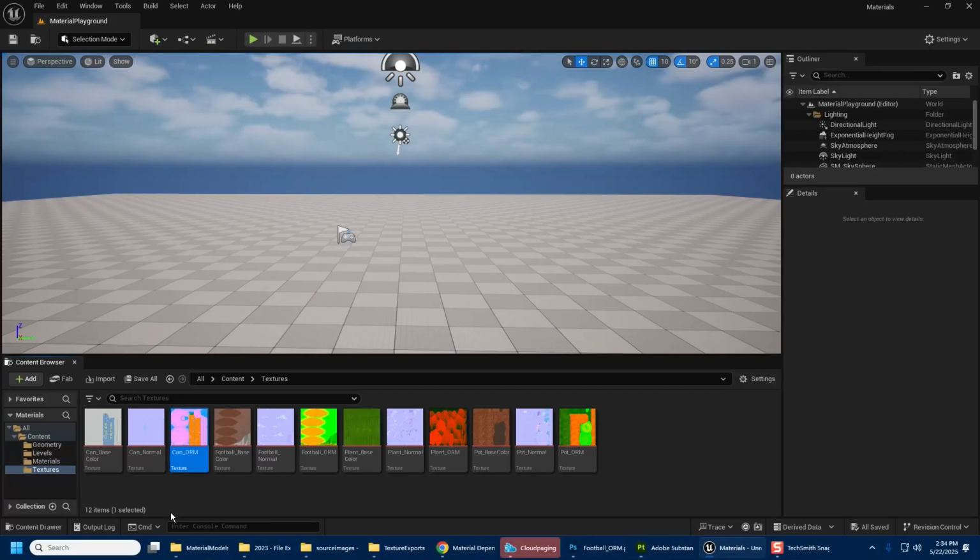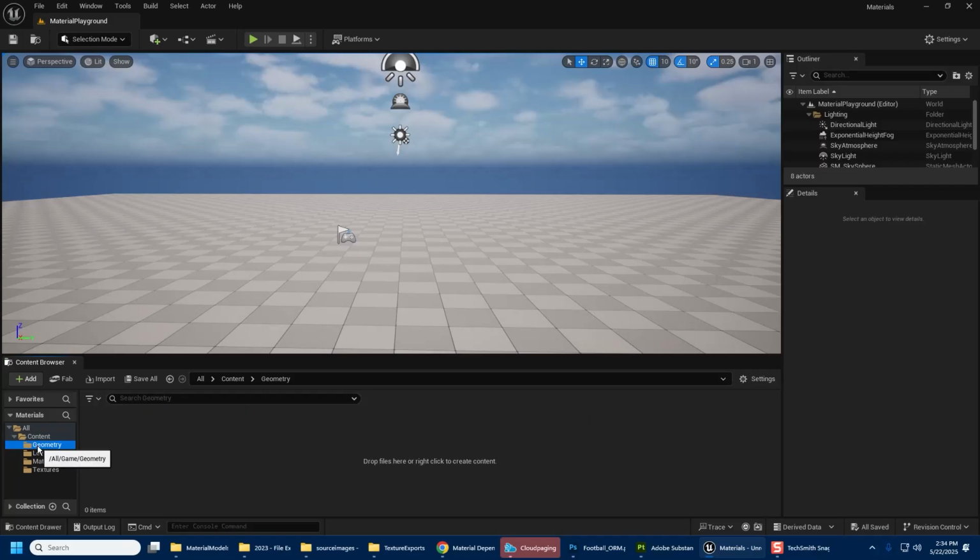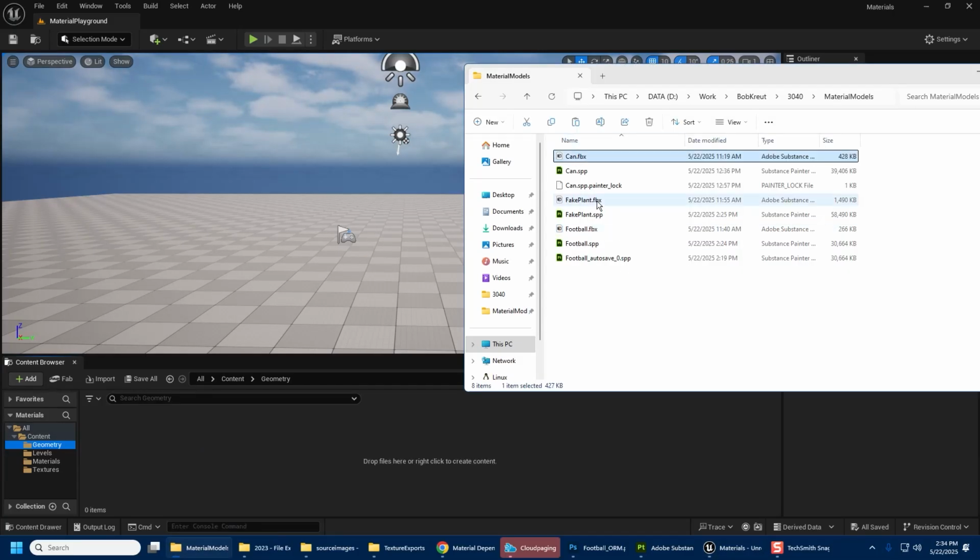All right, so I'm gonna come back into Unreal Engine, and I'm gonna go ahead and import in my geometry as well, so we can see how our textures look on the actual props themselves and see how close we can get them to look to our expectations, what we saw within Substance Painter. So I'm gonna take those assets, the FBX files here, I'm just gonna drag and drop them into my geometry